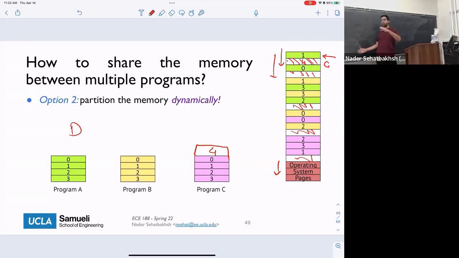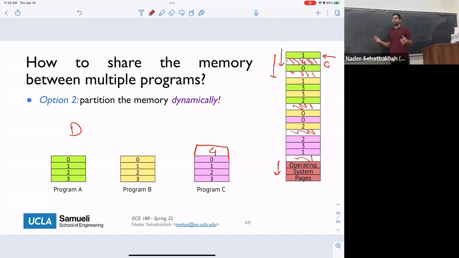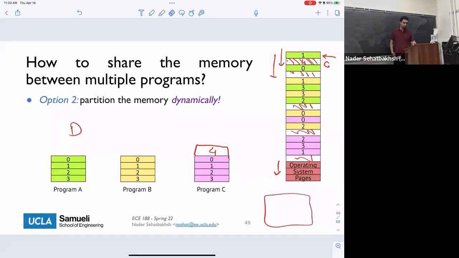Of course, at some point my memory might be full, and at that point we can no longer accept new programs, so we need to kick something out. But that's not an issue for now, at least. We usually think of your main memory as big enough to host all of your programs at the same time, and that's usually the case. In reality, you have your hard drive, which helps as a backend to your main memory. But for now, think of your main memory as so big that you always have space for new pages. That's not a very wrong assumption.